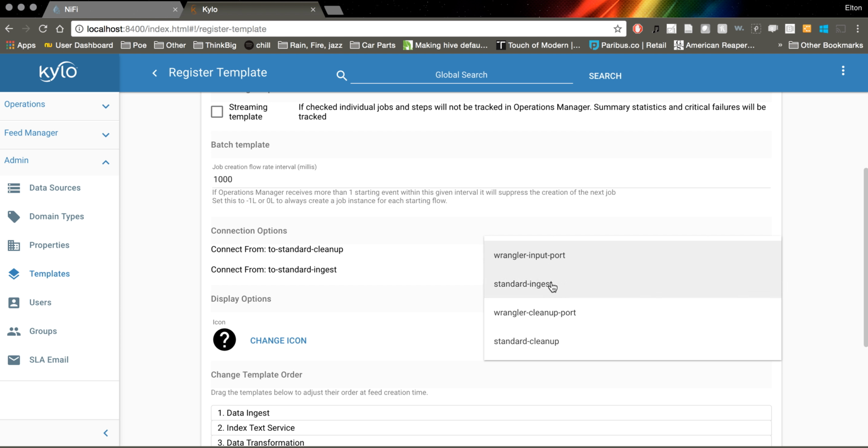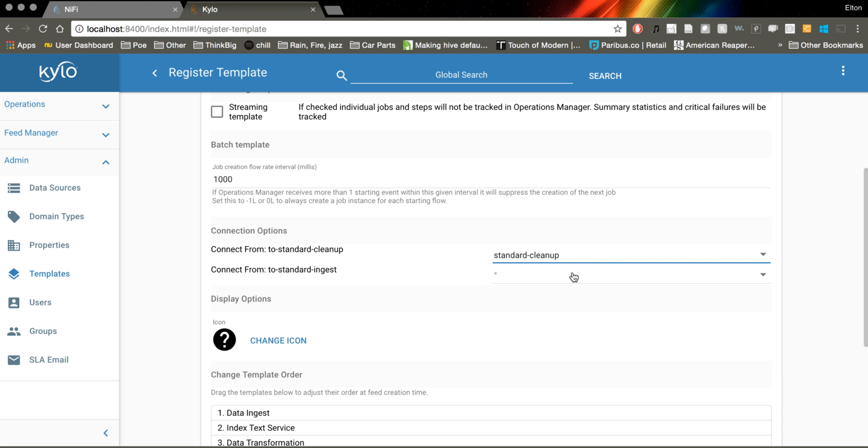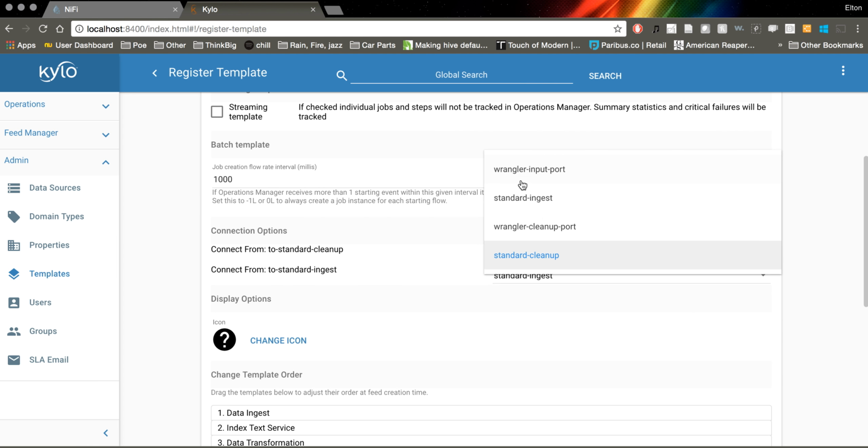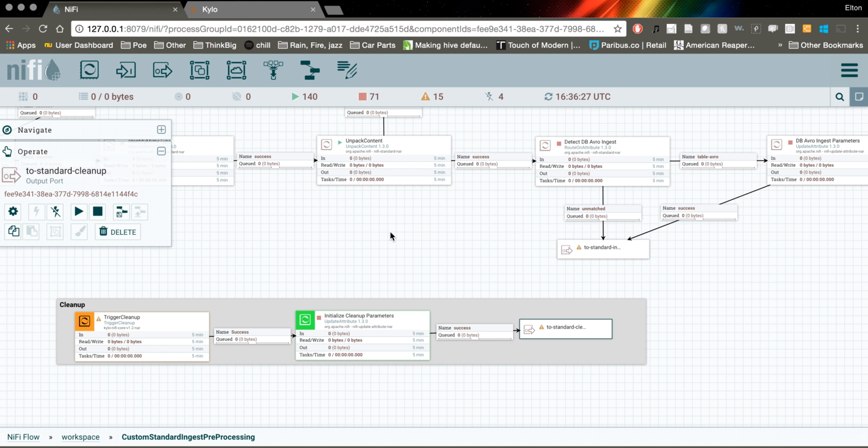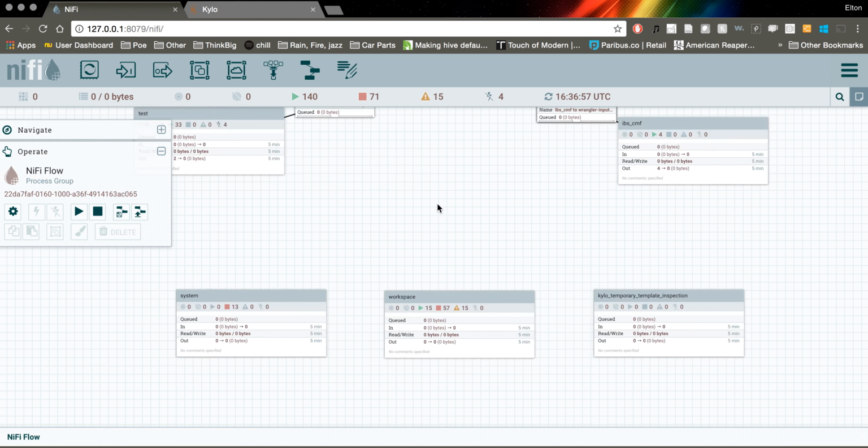So let's go ahead and route 2 standard cleanup. We're going to click standard cleanup, and for 2 standard ingest, we're going to say standard ingest. Now, the way this is working is these input ports, that's what these are, all input port names. These are pre-populated by Kylo from the reusable templates